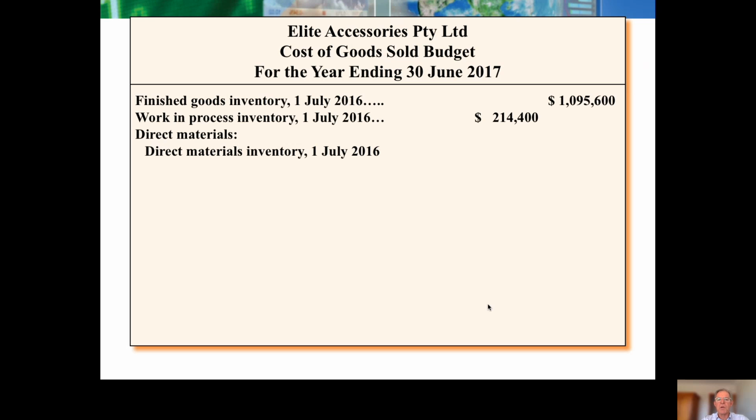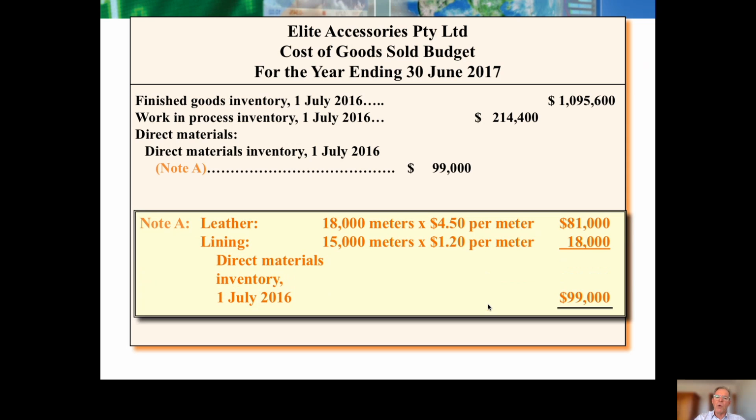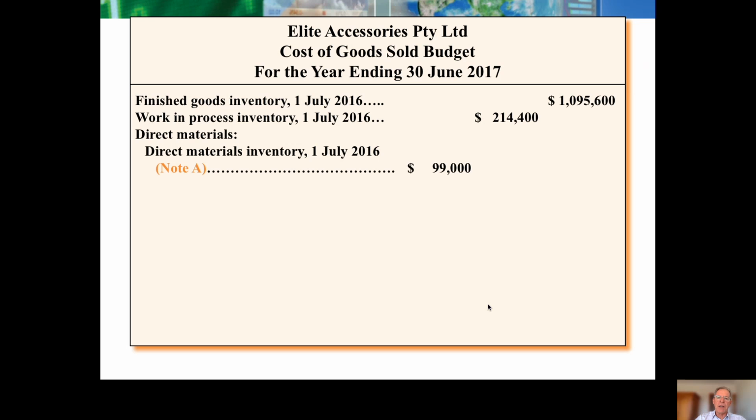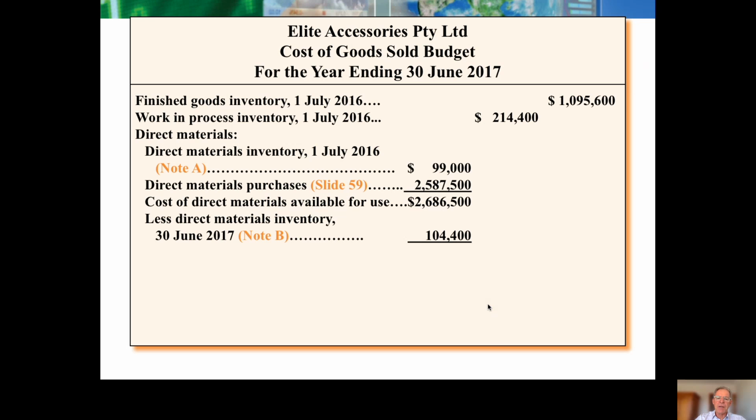This is going to look very similar to what we completed in about week 1 or 2. I think it was week 2, where we're pulling forward data from our previous work in the budgets. And so we've got the 3 component parts, and the only difference is they've got finished goods stock right at the top here. We didn't do that. We started with work in process at the beginning of the period, and then we added direct materials, which was opening stock, add purchases minus closing stock, gives you the cost of direct materials that must have been transferred to production.